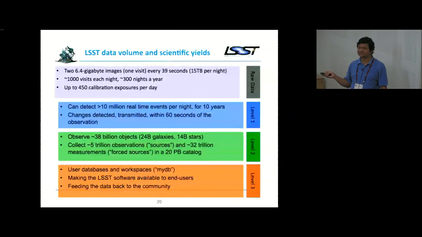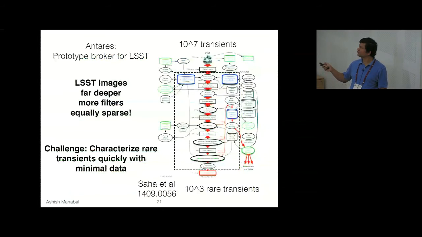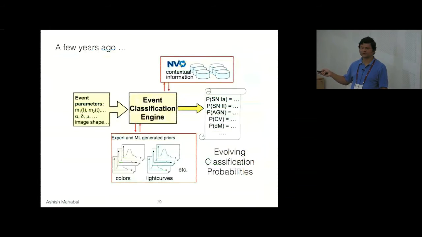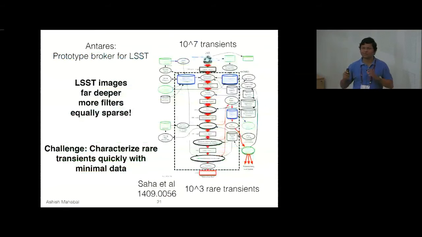And now things are changing with LSST and so on. Again, what's going to happen is that the data stream is going to be much larger. So the same picture looks like this now, with all those things coming. Conceptually, it's exactly identical to what we have here, but there are more bells and whistles that you need to put in. And so the rates for LSST are going to be about 1 to 10 million transients every night. And by the end of the night, what we expect to find are about 1,000 rare transients after having gone through all these things.